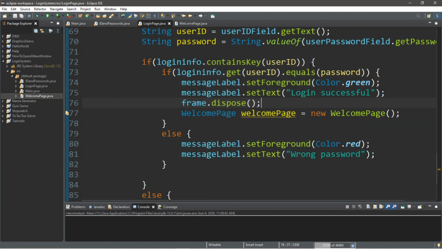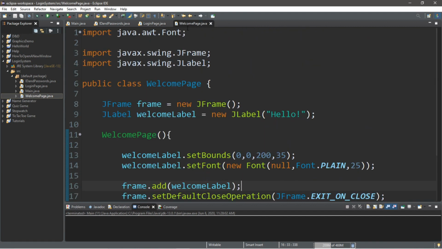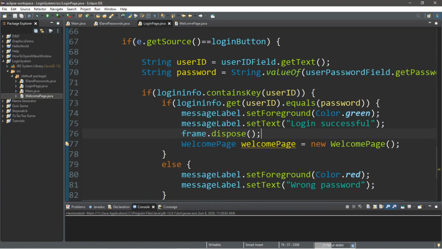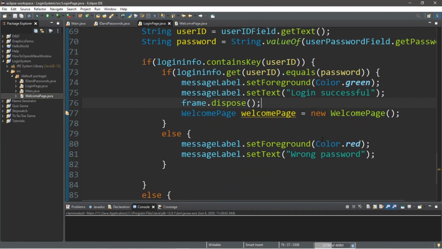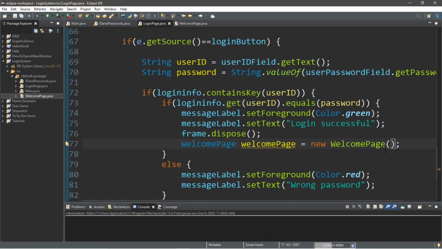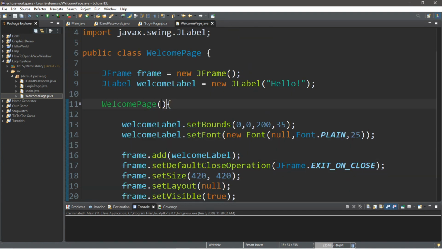Now let me show you one more trick that you can do. We can actually send our username to our welcome page, so it can say hello, then whatever your user ID is. So we'll actually send that within our welcome page constructor. When we create an instance of our welcome page, we're going to pass in userID as an argument, and then we also need to set up our welcome page to accept this.